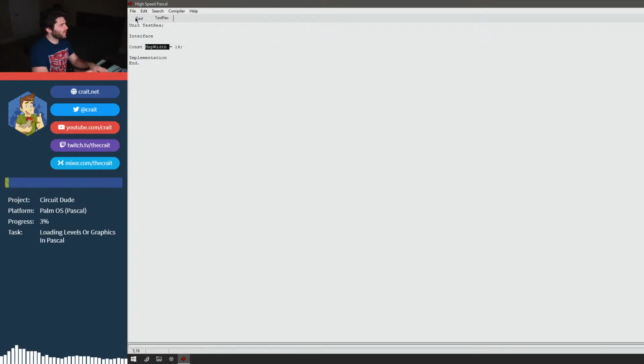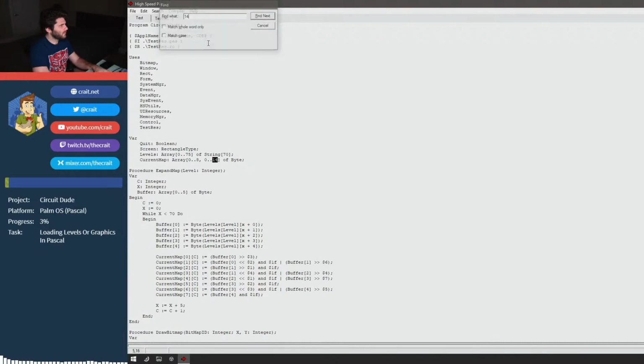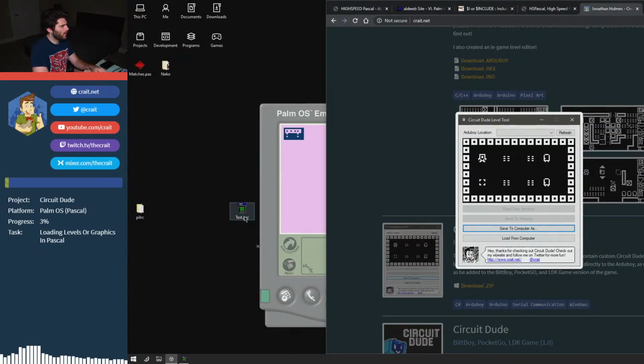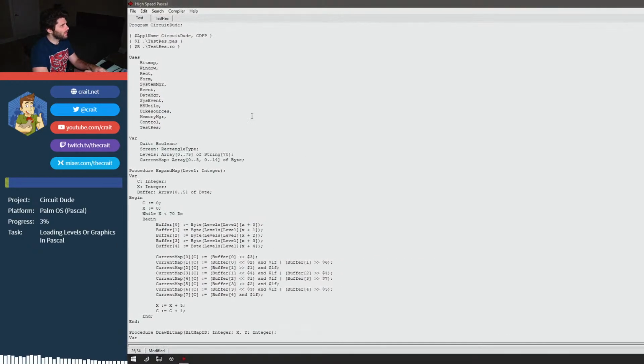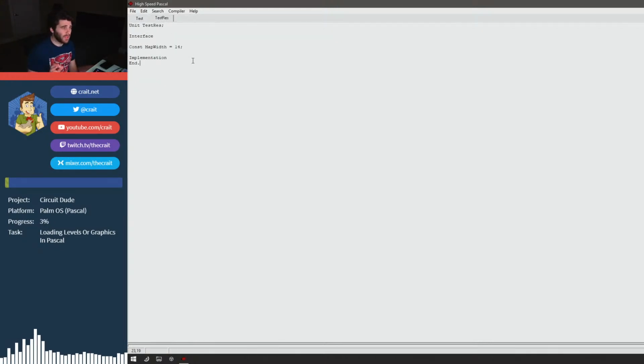Okay, so I should be able to use map width now instead of 14. Let's try compiling that. And it looked like it worked. So that was just a quick little dumb test, and it looks identical still. Okay, so we did get the res file working. Thanks for the suggestion, Raj. I really appreciate that. So now we've got to figure out how we can leverage this into